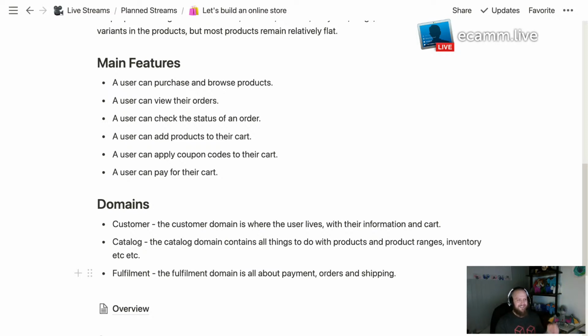Hey Haz. So the catalog, it's all to do with products. We'll have our products, our product variants. We're going to have product ranges. What I'm thinking here is, if you look back at the Laracon website, for example, what you had is